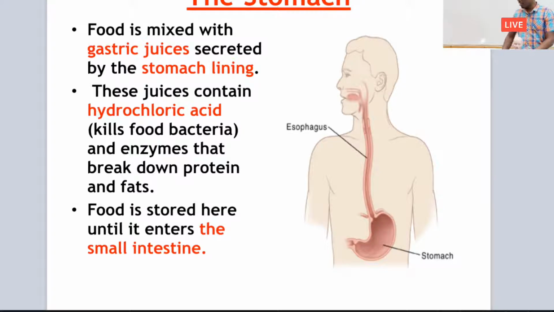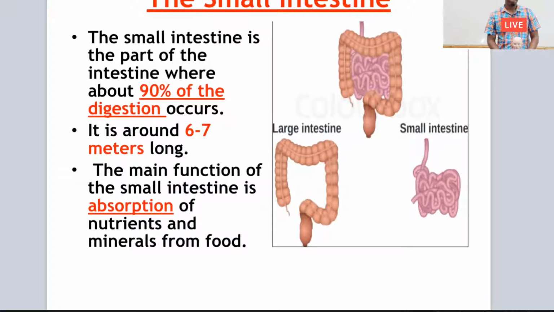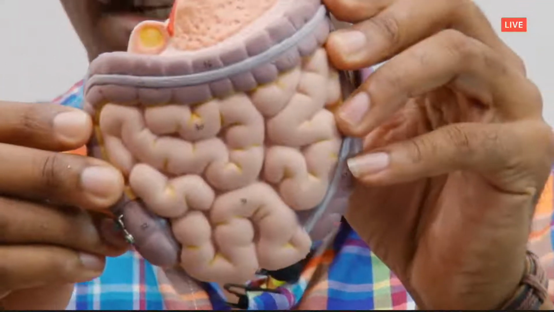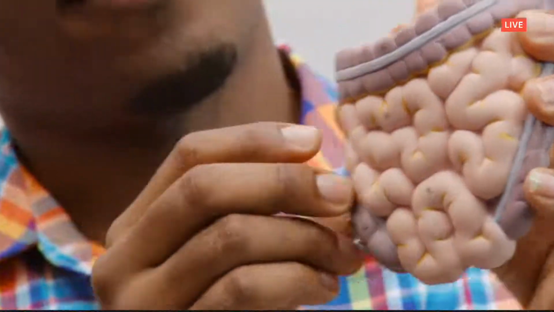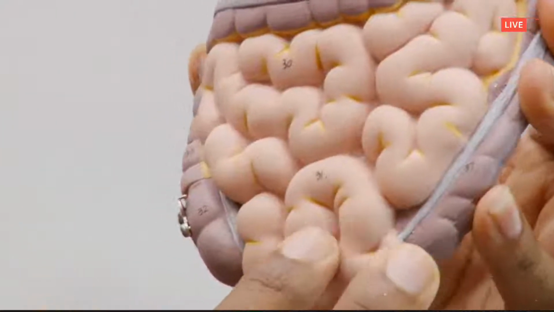So let's look at the small intestines. The small intestines is the part of the intestines where about 90% of digestion takes place. So I took it out for you, so you can have a very close look at it. See right there? So this is it right here. So let's backtrack a little bit, right? Now in the stomach,